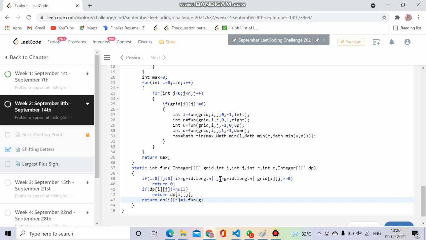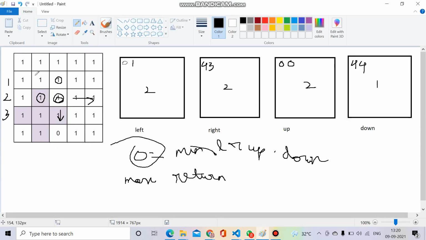It will be the function, the grid will be the same, and now the new i will be, suppose I have come here and I have to again move here, so the new i will be i minus r, and for c it will be j minus c, because you came from here to here by decreasing something, and we have to again decrease that same thing to move here.